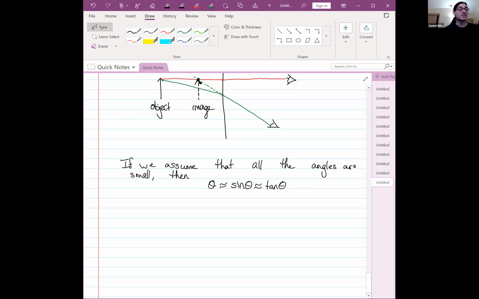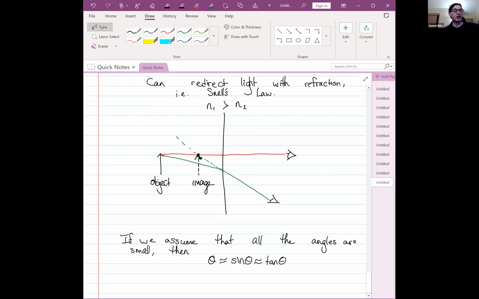Now, let's actually do some geometry on this picture. So with the small angle approximation, I'm going to get rid of these eyeballs because we don't actually need them, but I'm going to keep them there. I'm just going to draw a line horizontally here at this point of intersection. Actually, is that really what I want to do? Yeah, that's fine. I'm going to draw a horizontal line, just that way then we have something to reference angles